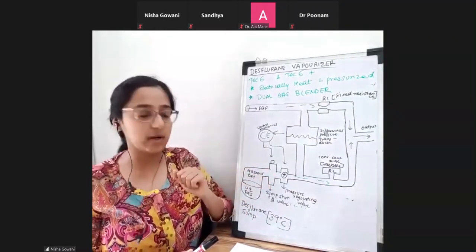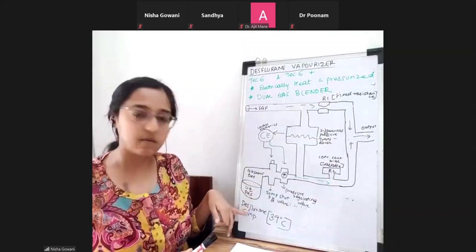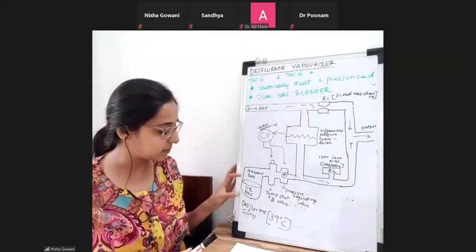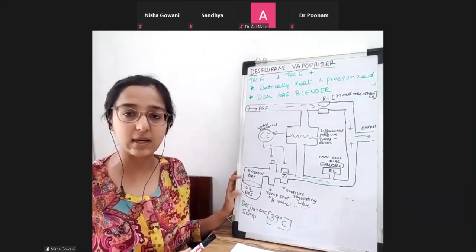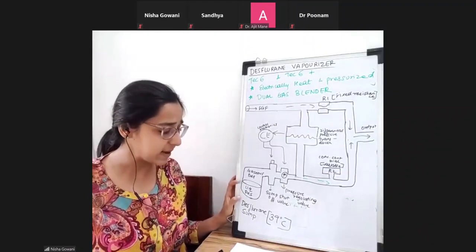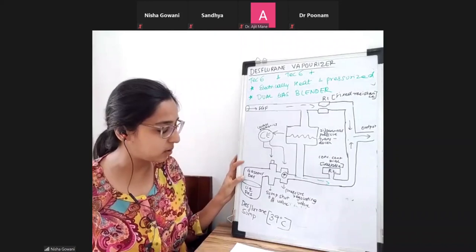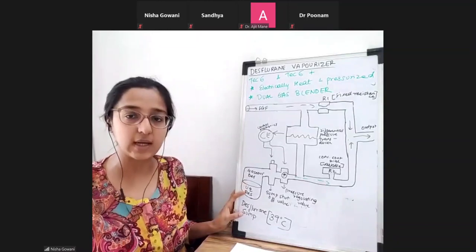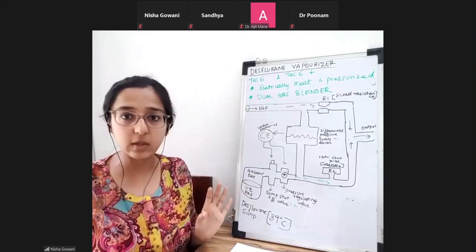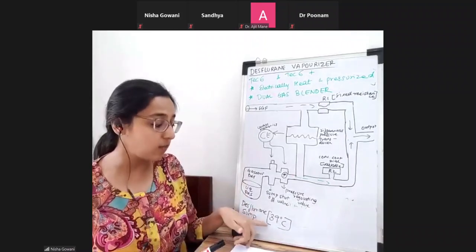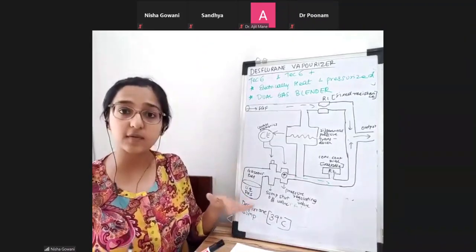Now what is happening? On this side of the circuit, we have the desflurane sump, right? This liquid desflurane is being constantly heated and its temperature is maintained at 39 degrees Celsius. So what is the vapor pressure over here? You know that desflurane boils at 22.8 degrees, right? At 22.8 degrees, the saturated vapor pressure will be equal to the atmospheric pressure, which is 760, correct? Now we have heated it beyond that. So now the vapor pressure will be more than 760.